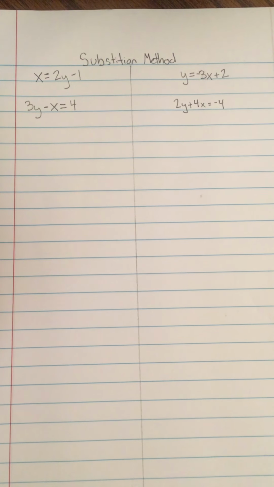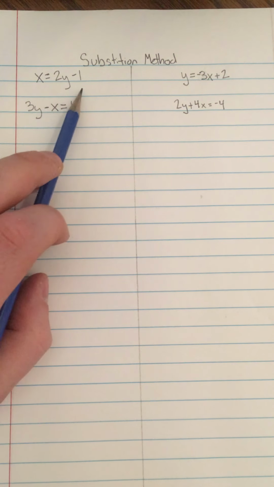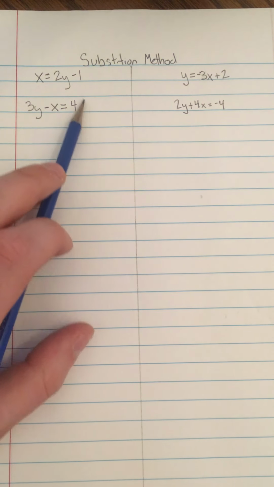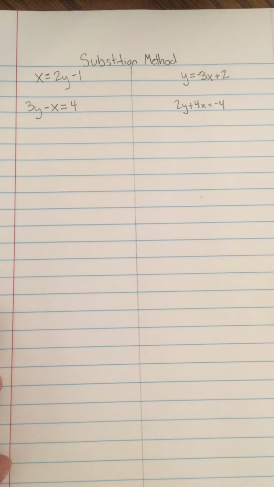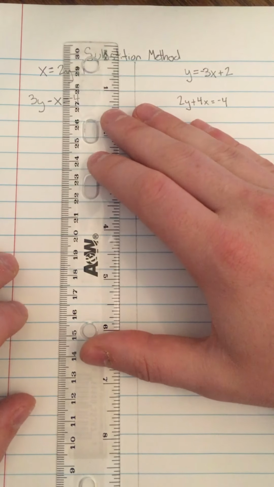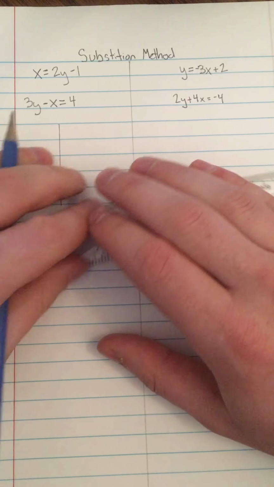This first one here, on the left, the two equations of the system are x equals 2y minus 1 and 3y minus x equals 4. And so our goal is to solve this system, and what it means to solve is to identify where those lines would intersect on a graph. So if we imagined these lines on an xy graph,